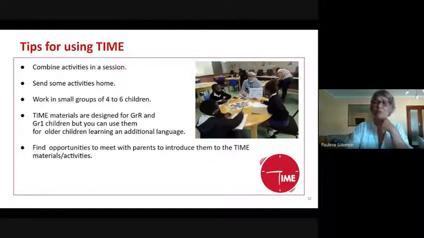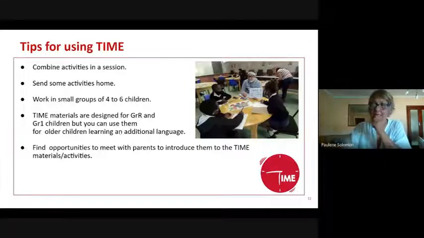We also know that, since you're not working at home, you may have bigger groups of children. This tutor has a group of 3 children with her. We don't suggest that you go any larger than 6. It's just difficult to interact with anybody meaningfully. So a small group, 4 to 6, is a good size.